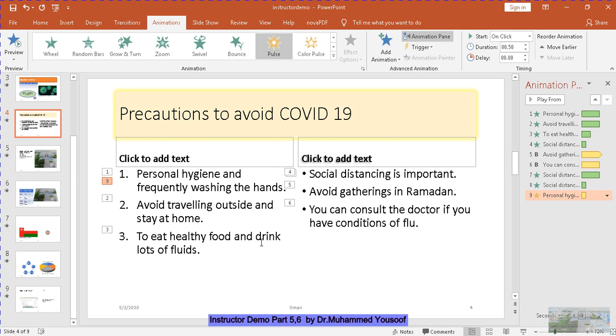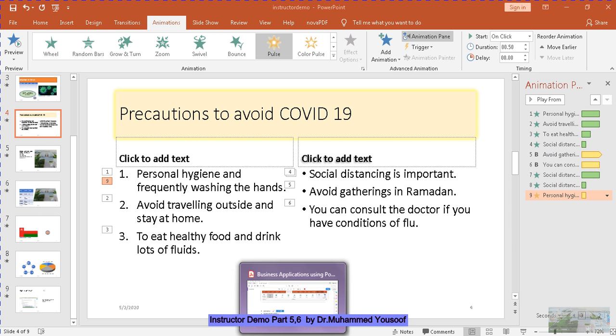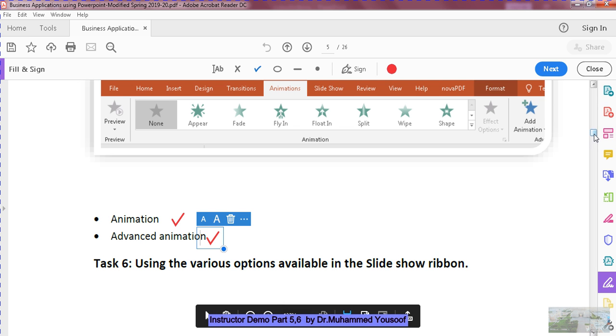So the number in the animations explains the sequence in which they are applied. Animation 1 to animation 9 are going to be applied in this slide. You can see what the animation is. The emphasize animation that you are going to apply is Pulse. What is animation 8? Zoom. What is 6? Bold flash, bold reveal, like this. So you got the idea. Different types of animations can be applied in different slides. So this completes task 5 of the PowerPoint slide.